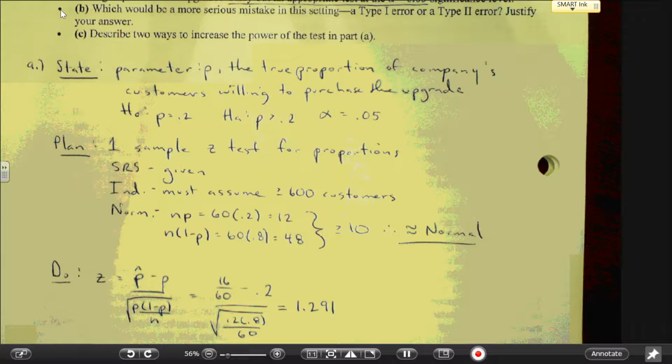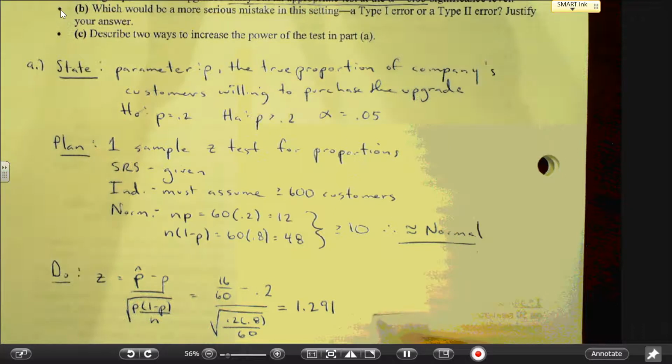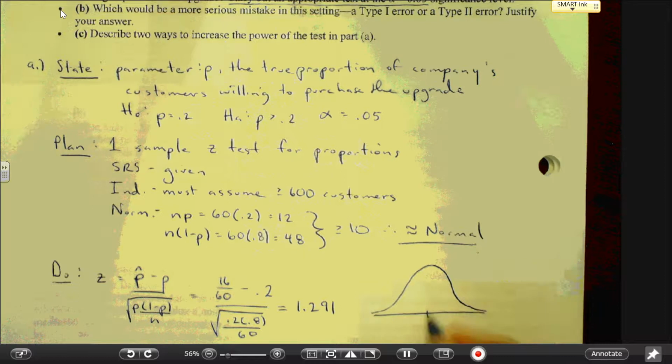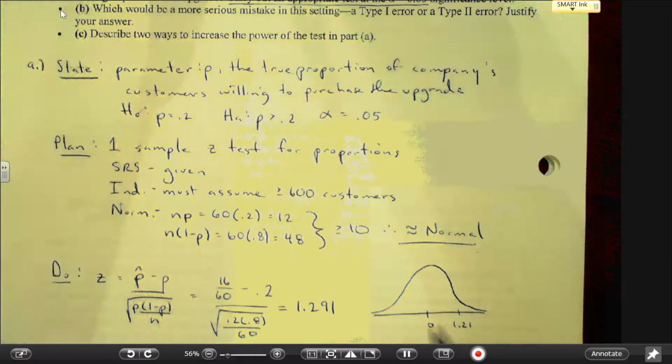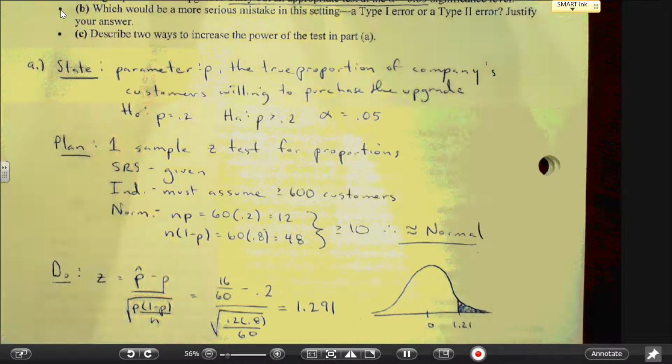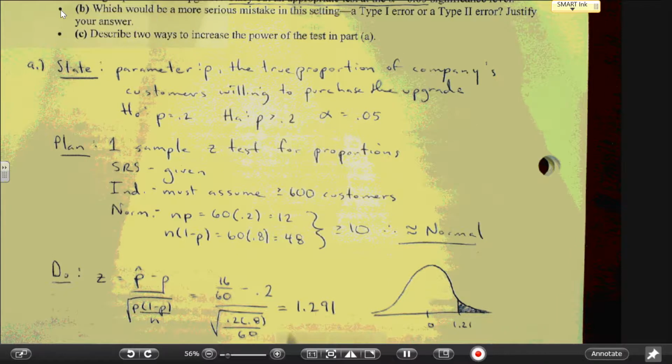Now when we think about this in a normal curve scenario, we know 0 is in the middle, 1.21 is kind of over here, and now we have to say, okay, this value we're trying to find greater than, so we know we're going to be shading to the right. Now, when we look at this, to get the p-value, slide that up again,